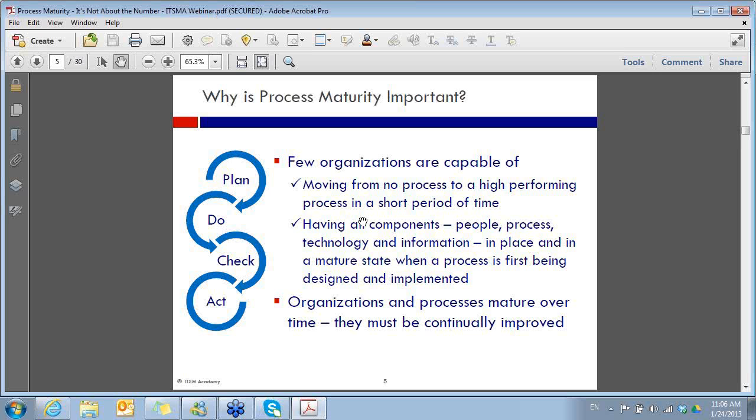Maybe you've got good processes, you've gone through the effort of defining your processes, but your technology is obsolete or your technology doesn't really match your processes. Maybe you've got lots of information, but it's not information that the business or management cares about. So it's hard to get all of those pieces together at the same time and at the same state of maturity. And that's really what process design and improvement is all about.